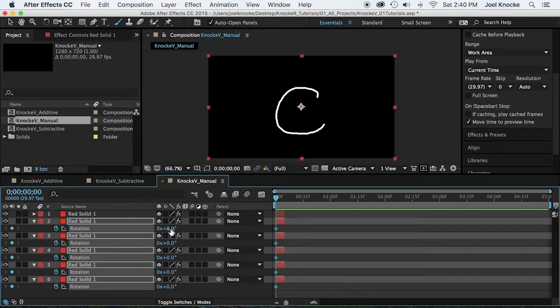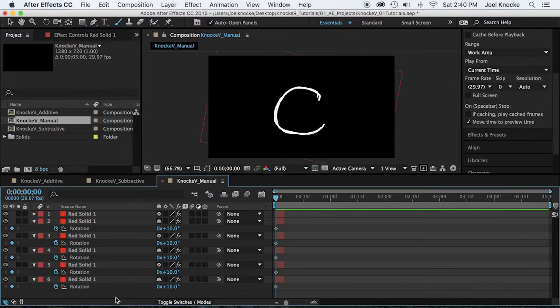And now let's go ahead and put in a number here for the degrees of rotation. And I'm going to say let's rotate all of these by 10 degrees. And now at this point I'm going to deselect everything by clicking in the gray area. And then I'm going to come up and select the second one. And this one I'm going to do for 20 degrees. Then I'll come to the next one and do that one for 30 degrees. And then I'll go to the next one and do that for 40 degrees. And then the last one I'll do for 50 degrees. And I'm going to save that. So these are all